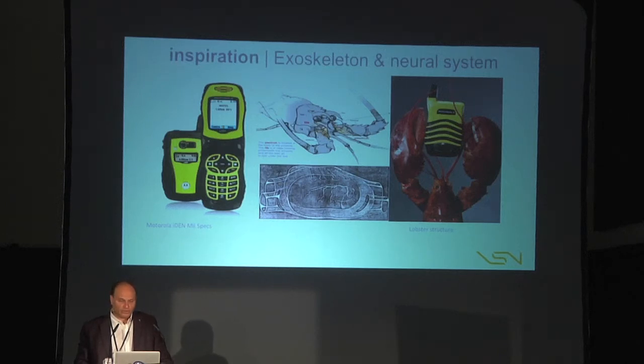So we created this line of products that literally have a two-way radio and internet, and this is actually 2001. But it needed to be submerged for at least 6 feet underwater, 2 meters, for more than 24 hours. And so our inspiration came from understanding and analyzing crustaceans, the exoskeletons. So we worked with BASF, and we worked also with a company called Cambridge Electronics to develop a special material that has a co-injected magnetic element, particles inside the fiber, the resin. And then with that, we were able to create in a single layer of 1.5 millimeters a very highly